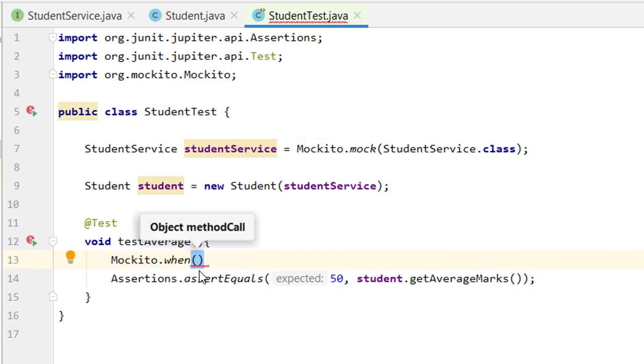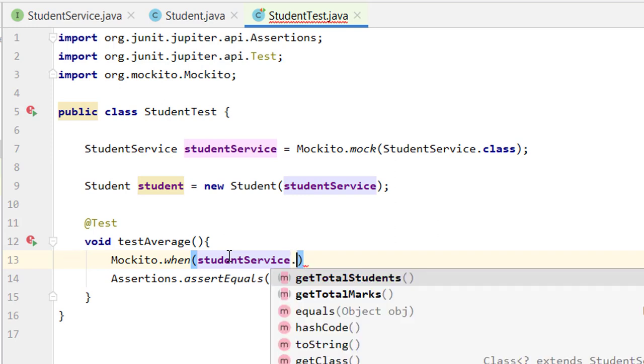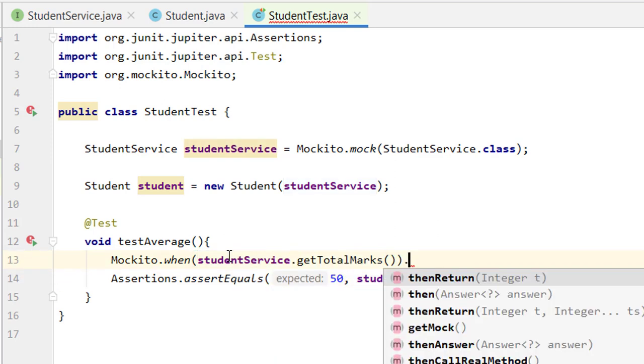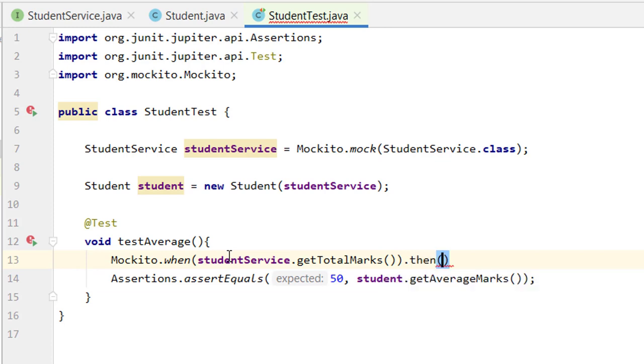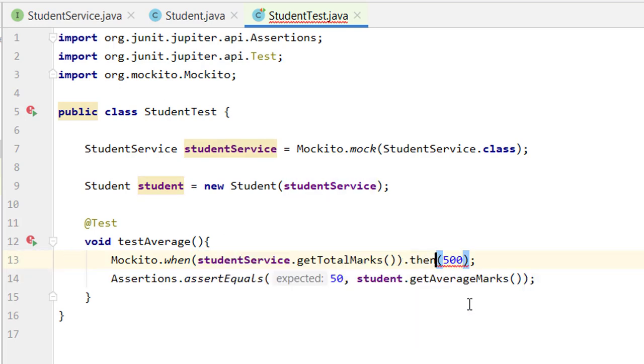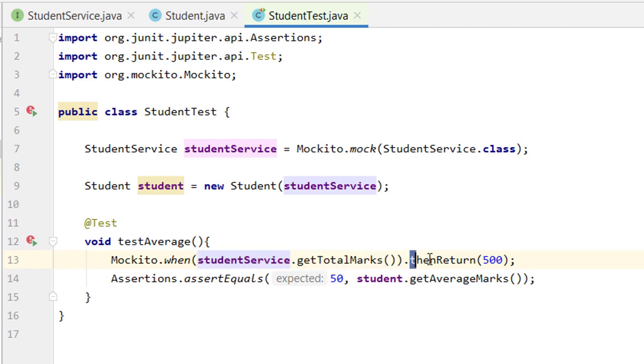So when, let's say, studentService.getTotalMarks, then the answer will be, let's say, 500. Okay, so what we are simply doing in here is creating the dummy data. So what we are saying is, whenever this particular method, getTotalMarks, is called in this test case, then return 500.